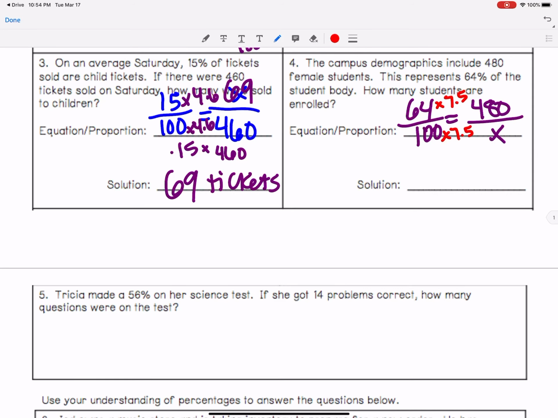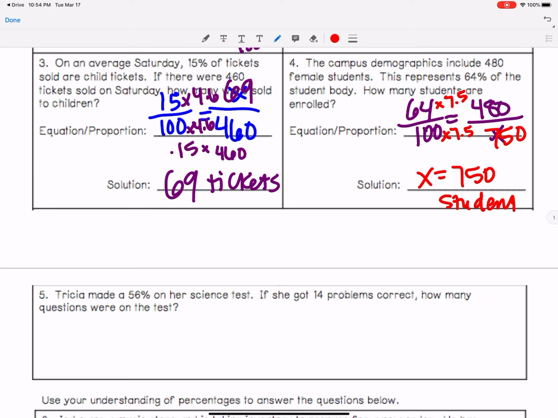So that's a really cool way to realize that these relationships are proportional. So let's do 100 times 7.5. That's giving me 750. So that just means that our answer is going to be X is equal to 750